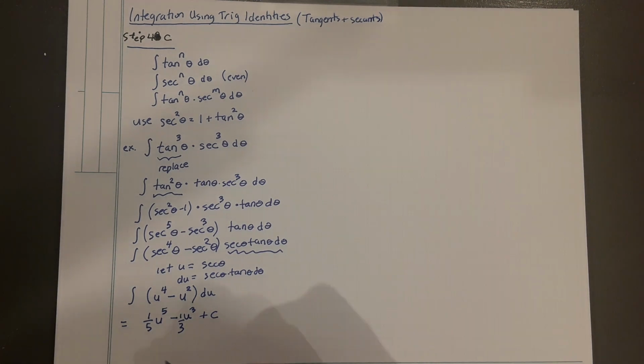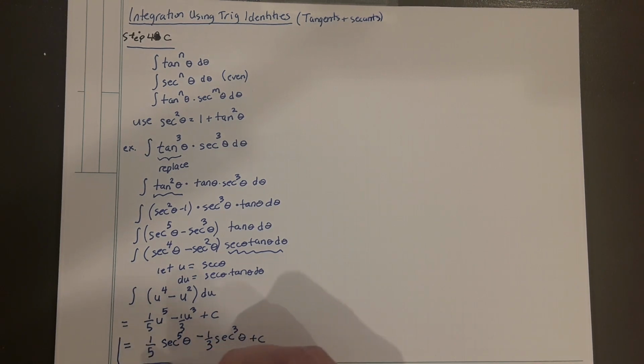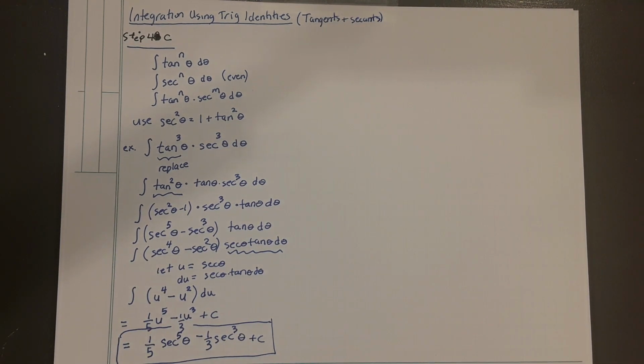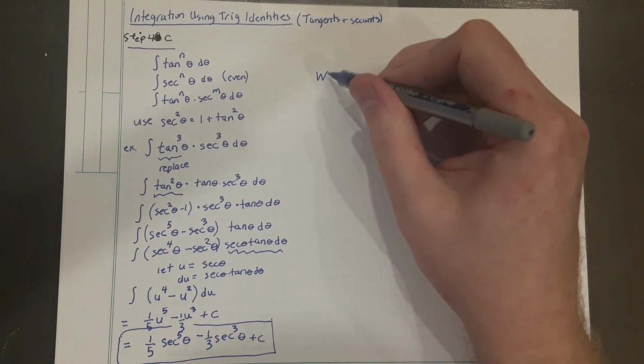And if we undo the substitution and go back to the original variable, u is secant theta, so this is 1/5 secant to the 5th theta minus 1/3 secant cubed theta plus c. Notice you get the familiar pattern where you see a trigonometric function that is repeated, differing by powers of 2. That is, whenever you use the Pythagoras theorem identities, this is often the type of function that you end up with. The key here is that when you do this substitution,